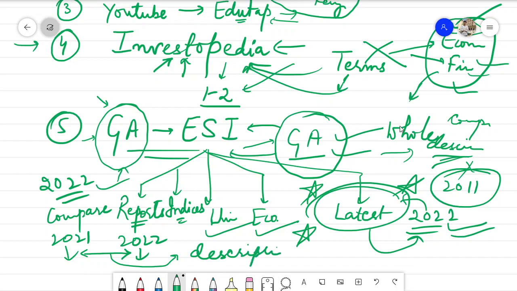There will be a lot of difference between your answers and the answer of a student who has simply studied the latest economic survey of 2022 or union budget of 2022. If you have studied the whole document of 2021 as well, you would be able to compare it, frame good answers, and contrast 2021 and 2022 in a very beautiful manner. That is why I am recommending you guys to check out